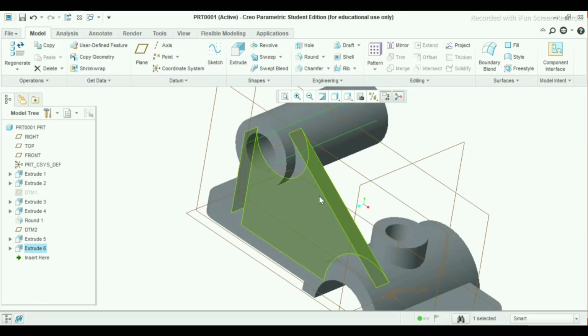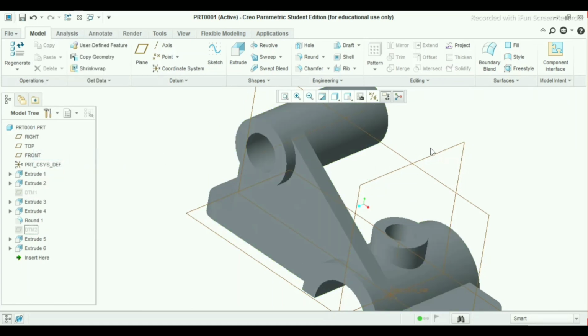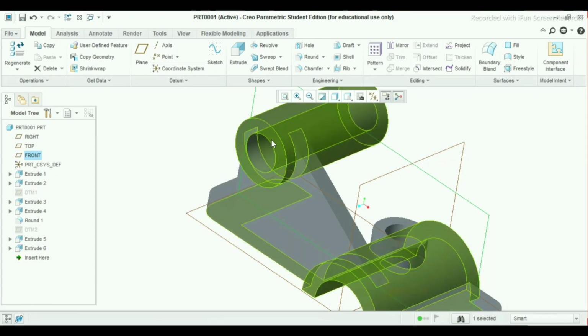So we have to mirror this material also from here. First I will hide this datum plane. Hide. Now select this middle plane, front plane. Go to here mirror feature. No, sorry.